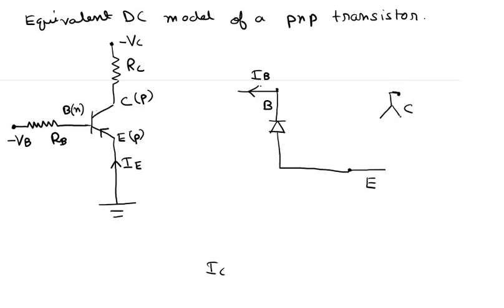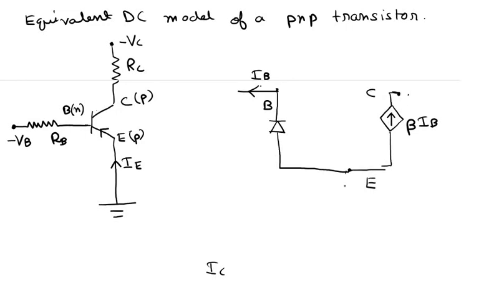And here the current is actually flowing out of the collector. Okay, because the transistor is PNP. In an NPN transistor, the current flows into the collector. For a PNP transistor, the current direction actually reverses itself, so the current flows out of the collector. So the direction is reversed. So this is beta times IB here. This is our collector terminal.